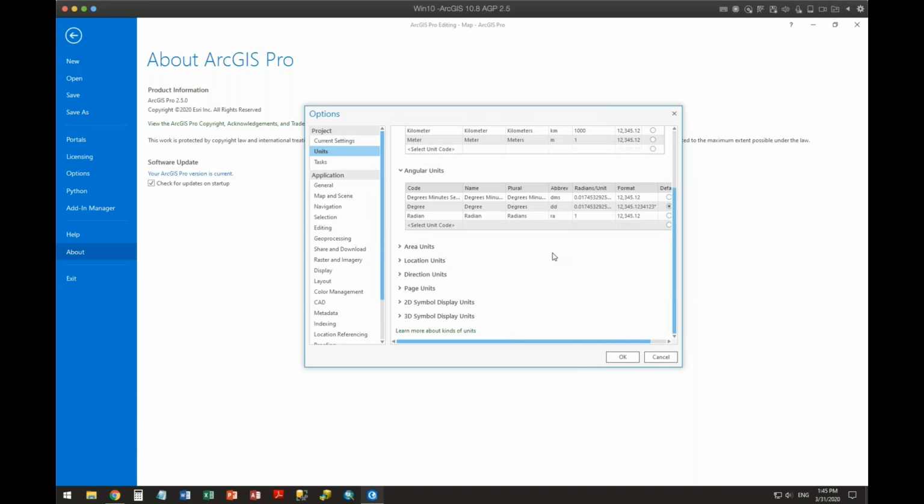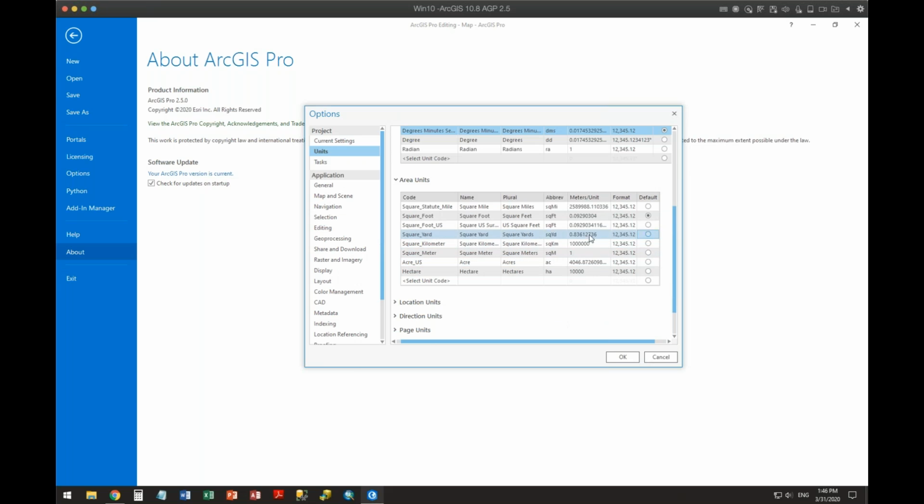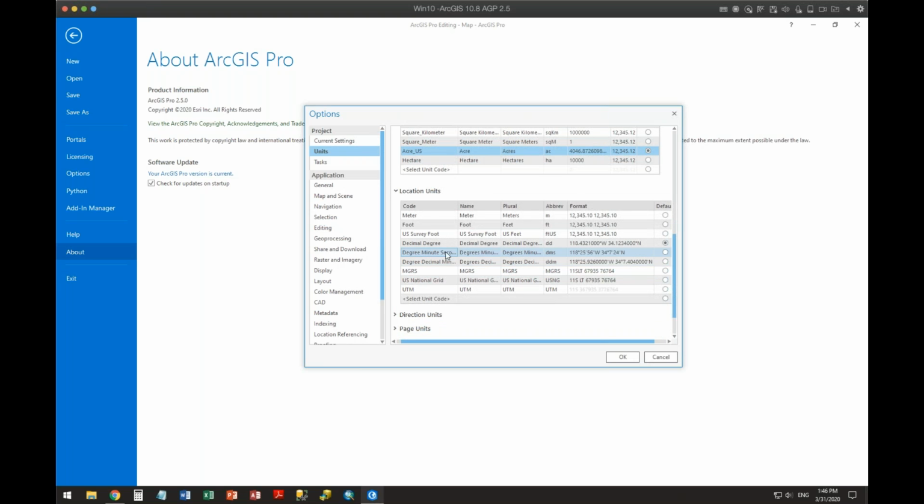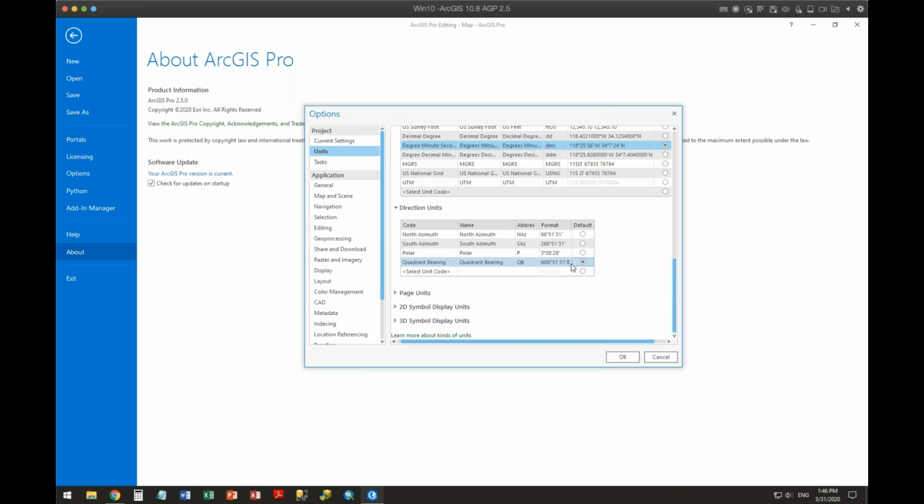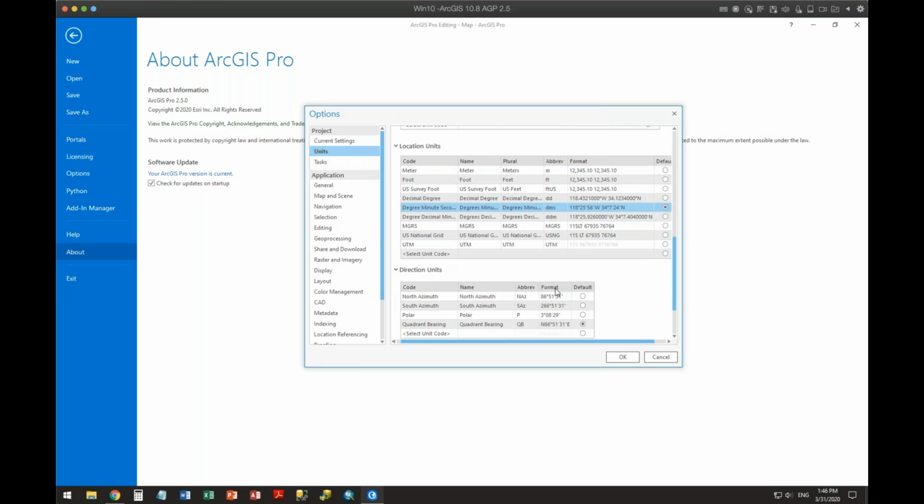I can then go to angles, and I can say, I wish this to be degrees, minutes, and seconds on here. Area units, I don't want square feet, I want acres. Location units, I want to set to DMS also. Direction units, I want quadrant bearings. Okay, so those are the core settings that you want to set before you start editing anything. You want that to be reflected back to you. All right, please make sure you do that. It will solve a lot of problems as you're moving forward,